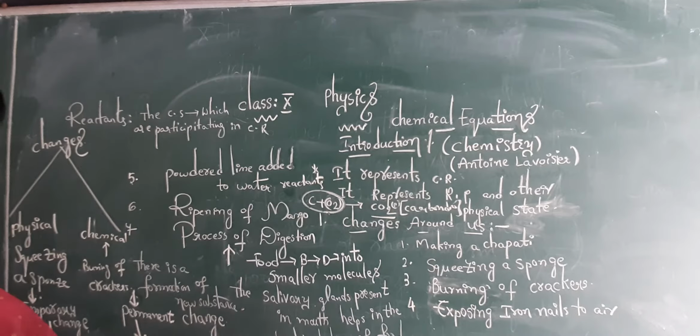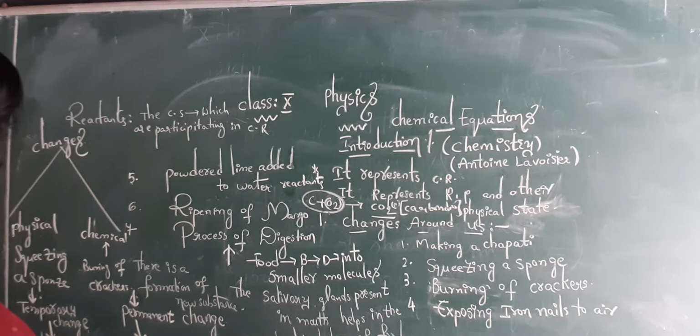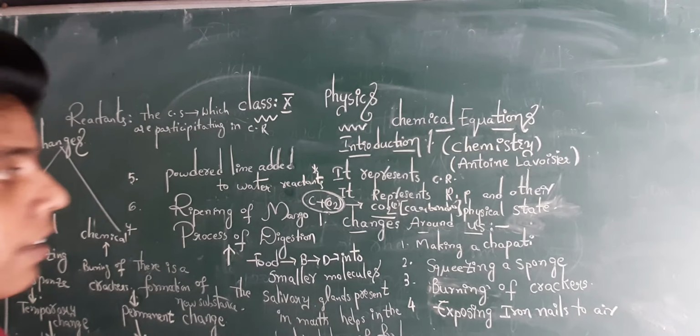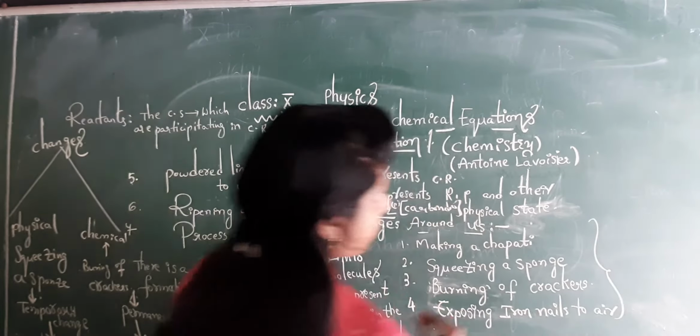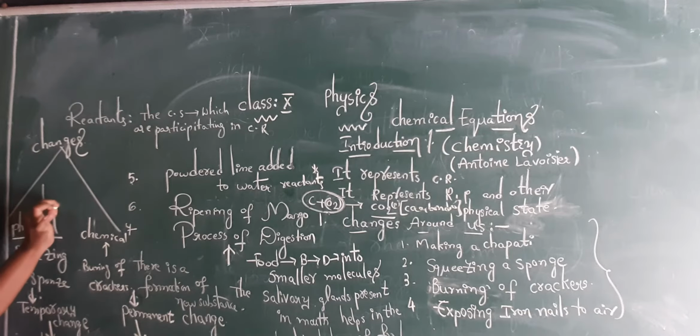Next, look at the lesson, page number 20. We have discussed in the previous classes the different changes that occur around us. We have classified those changes into physical and chemical changes. N number of changes we regularly see in our day-to-day life. So what are the reasons for changes in our surroundings? Let us see two types of changes. One is physical change and one more is chemical change.